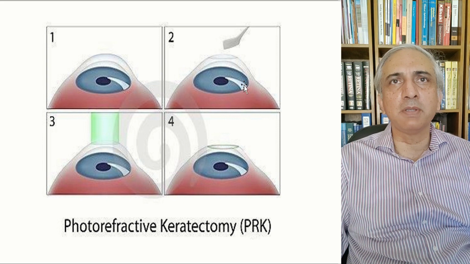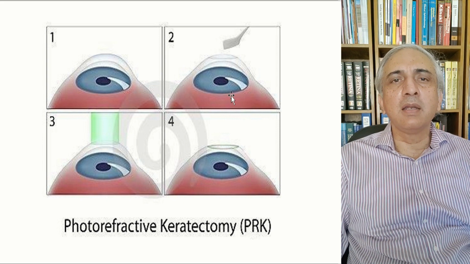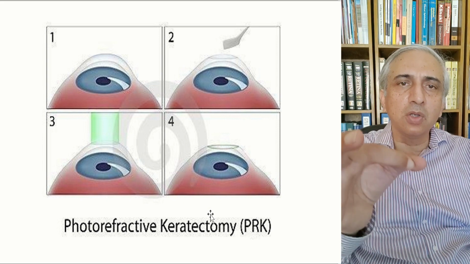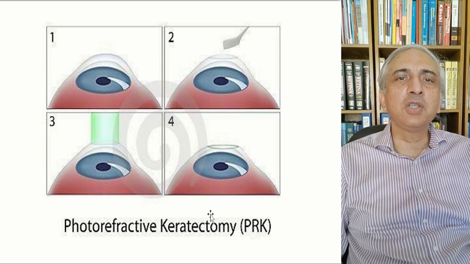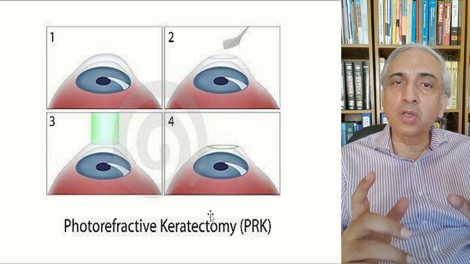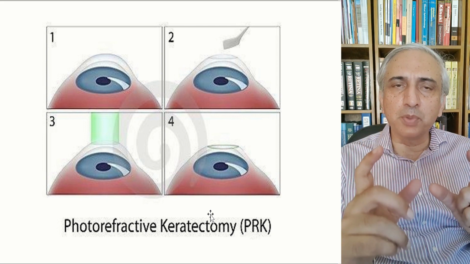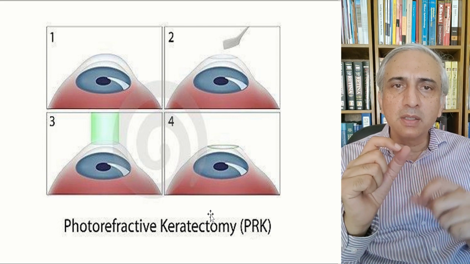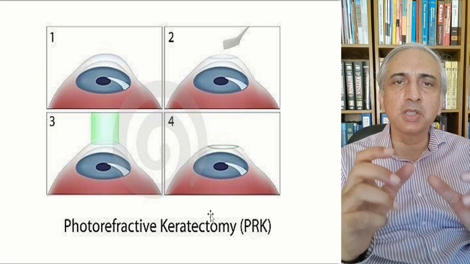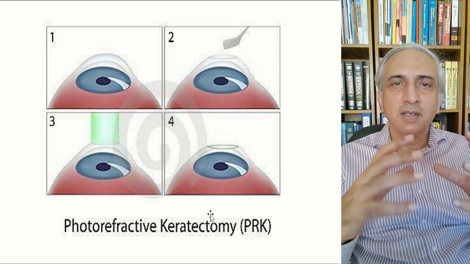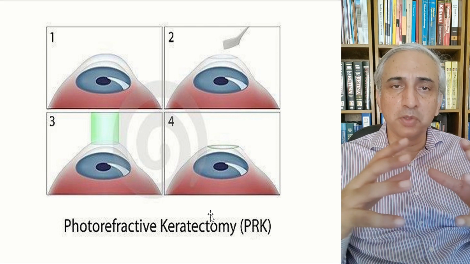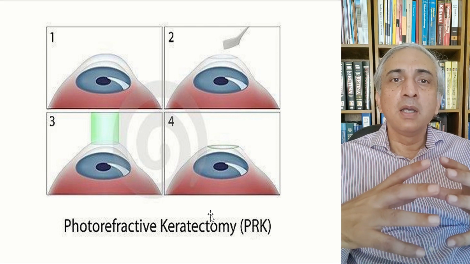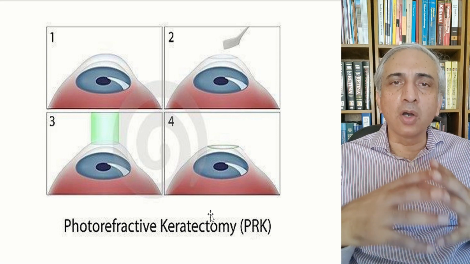Initially you remove the epithelium using a hockey stick, in order to demarcate where you're going to remove, so you decide how much your ablation diameter is. So it's very important to check the preoperative pupillary size of the patient, especially in the dark, to see how wide it becomes. If the pupillary size is pretty big, more than 6 millimeters or 8 millimeters, you will not go